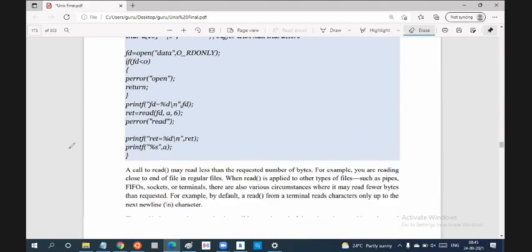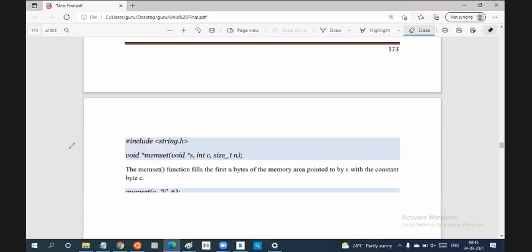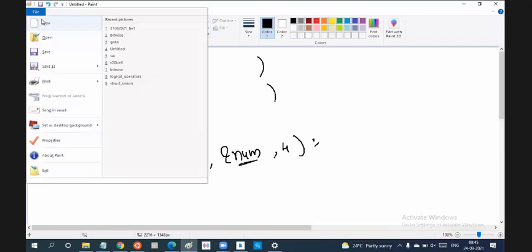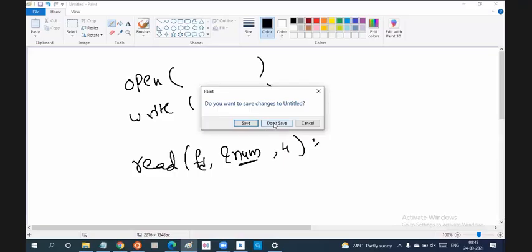Let's go to the write system call. Observe: the first argument is the int fd, the second argument is the void star buff, and the third argument is the size. Can you tell me, if I want to write an integer into the file using the write system call,